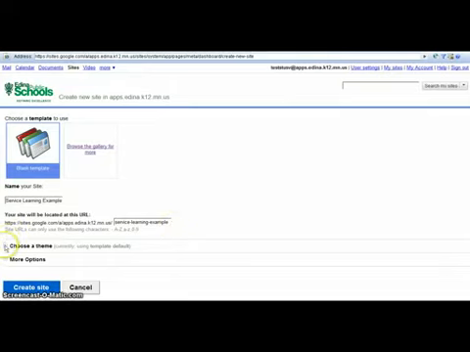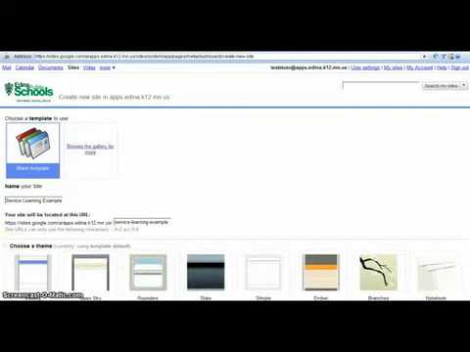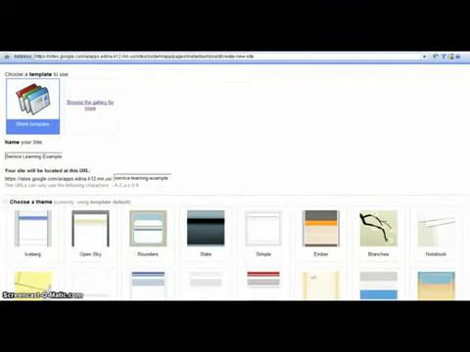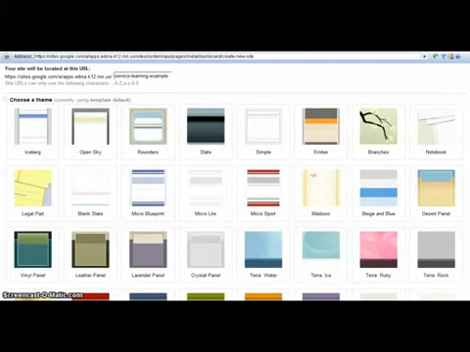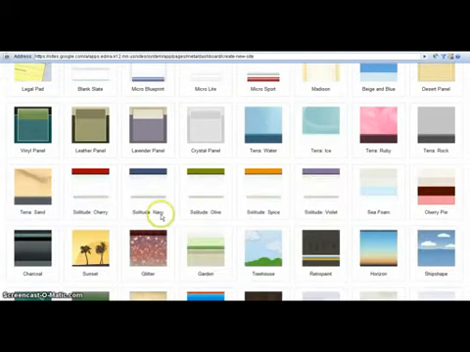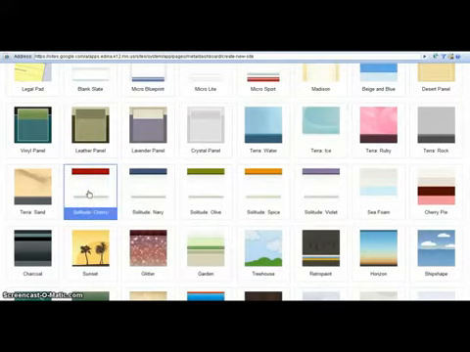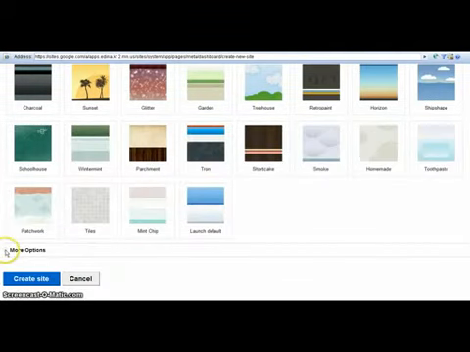Next thing I'm going to do is click on Choose a Theme. I have several themes available, so I'm going to scroll down and find one that looks good to me. And I'm just going to pick this one here. And then I'm going to continue to scroll down because I need to add some options. So once I've scrolled down, I'm going to click on More Options